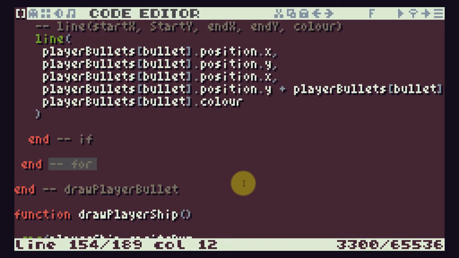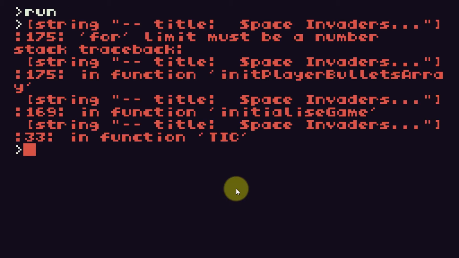So let's come back out to our console and see if there's anything else in here. I can't remember how many bugs I did put in, but let's see what's happening here. Okay, so we have a number of things going on. The way this works is that sometimes you'll get more than one message come up, and what's happening is it's doing what's known as a stack trace. So we have a stack trace back here, and what it does is it finds where it thinks there's an error,